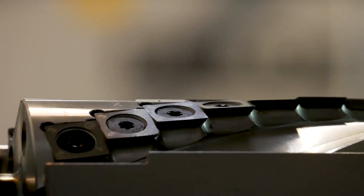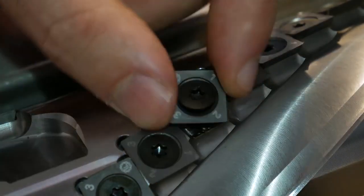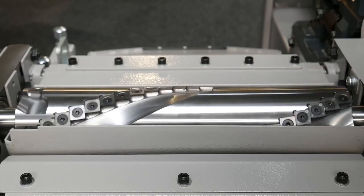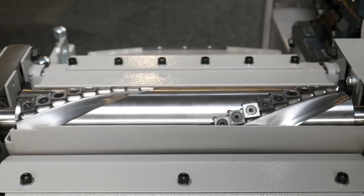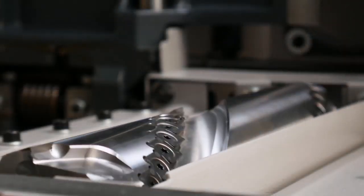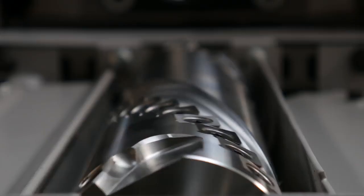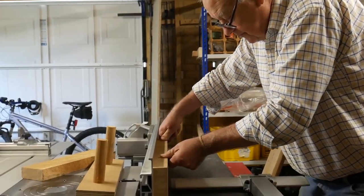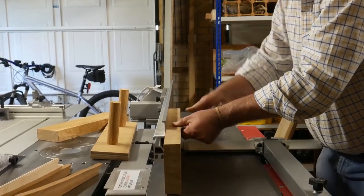Each planer knife is numbered and can be turned when required to access a fresh cutting edge, extending the overall blade life by up to 20 times versus the HSS hammer planer blades. The cost savings continue, as only the blunt or damaged knives are changed when required. On top of this, noise emissions are reduced by as much as half, making it perfect for users in residential